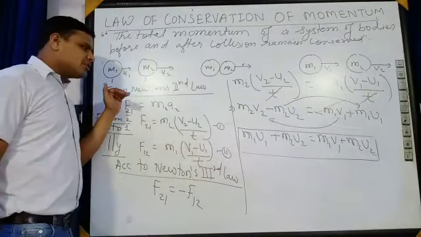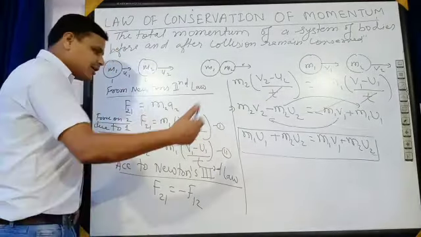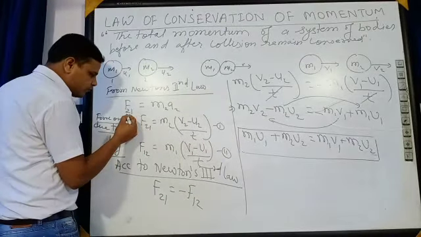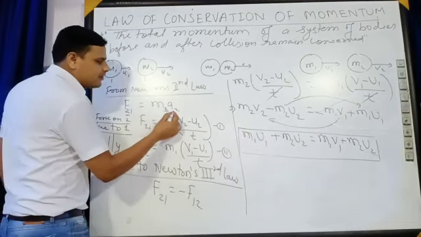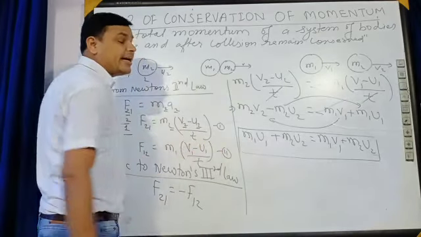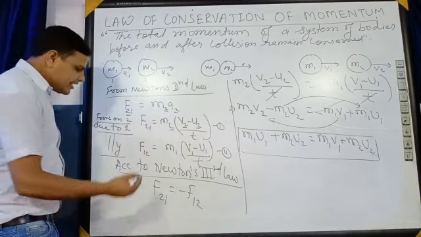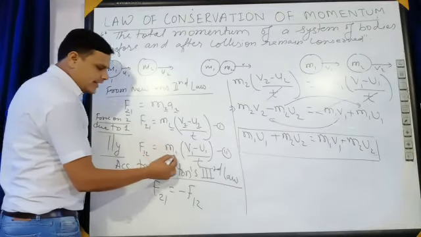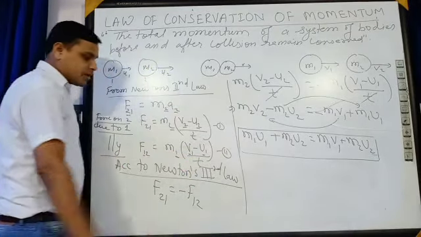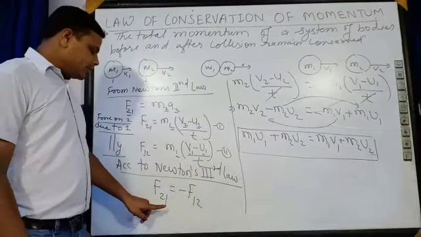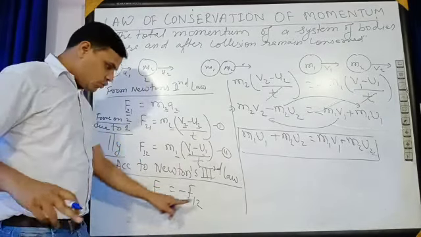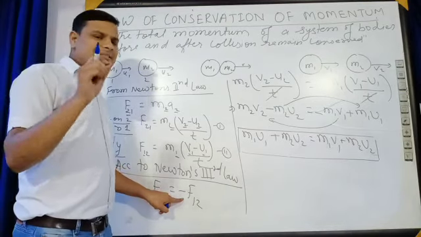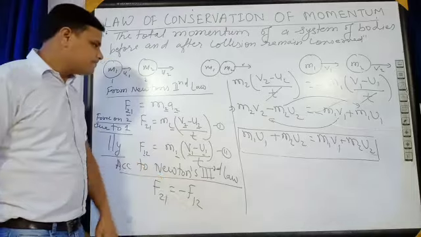Here we have from Newton's second law of motion, F is equal to ma. Now see the simple trick. Here we have taken force on 2 due to 1, so put 2 everywhere and write the equation. Here we have taken force on 1 due to 2, so put 1 everywhere. After that, from Newton's third law, to every action there is an equal and opposite reaction, so take the negative sign. Never miss the negative sign. This is very important for you.